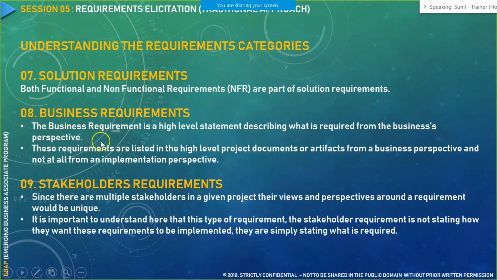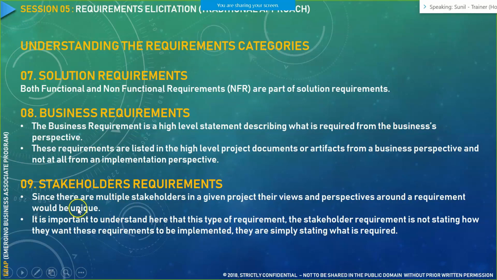So functional requirements would go a level deeper after the business requirements are captured. What are the business expectations? Now business expectations would give rise to your functional requirements. So business requirements are essentially documented in a higher level document like your business requirement document or BRD. And your functional requirements are essentially part of your software requirement specification, the document which is a subset of BRD.